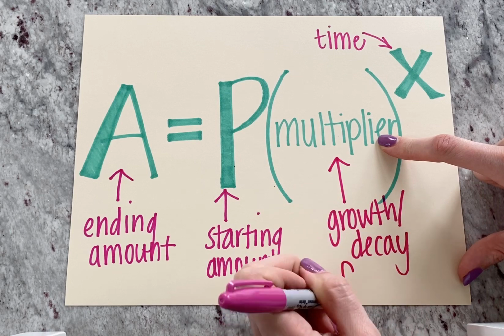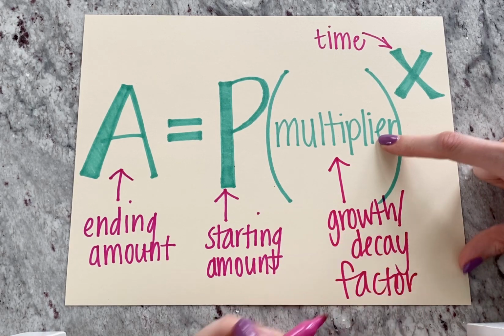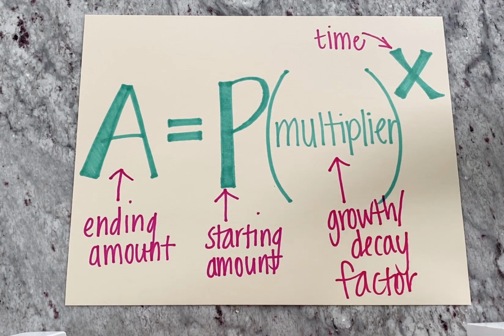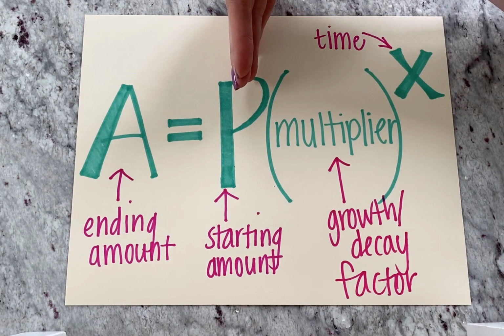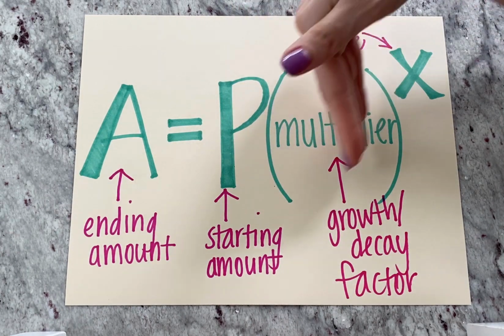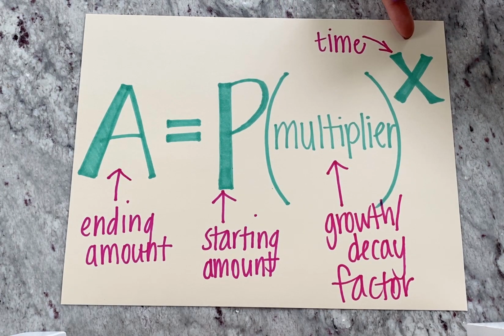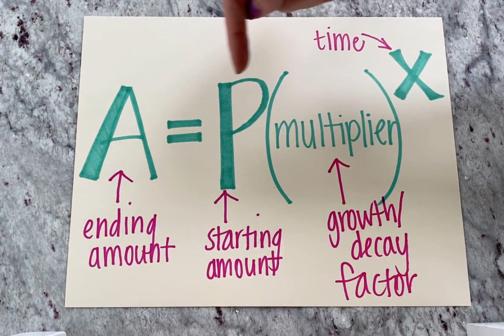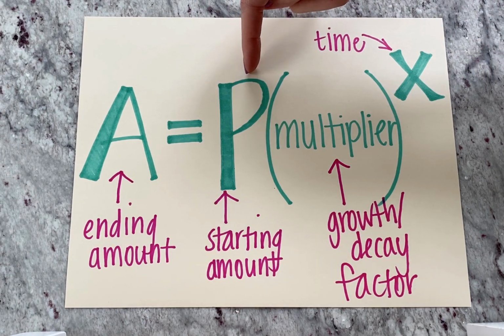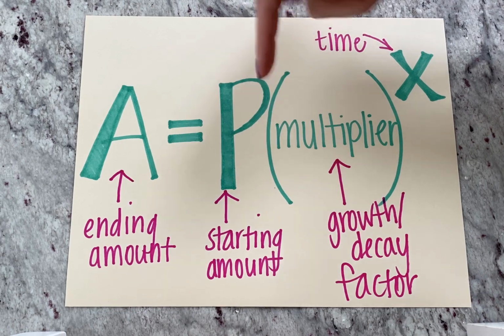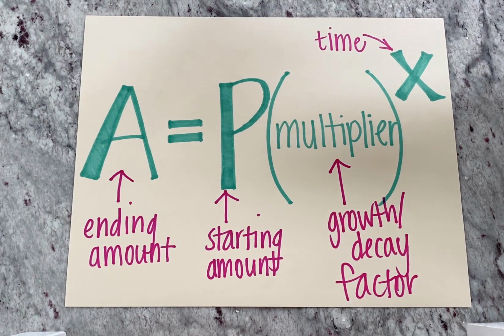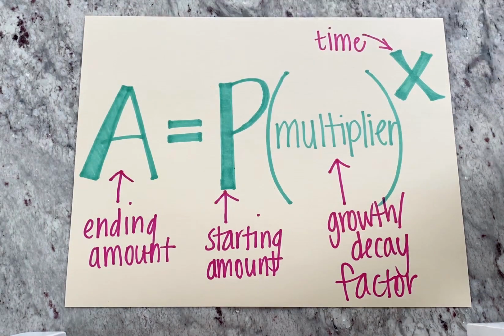All right, this could be given to us in different ways, but basically you take whatever you started with, and then whatever the multiplier is, are things doubling, or is it getting half as big every hour, whatever the case is, and then we put our time in here. And the A and the P technically stands for principal, like how much you're starting with. The principal is what you put into the bank account, the fancy word, and A is our amount